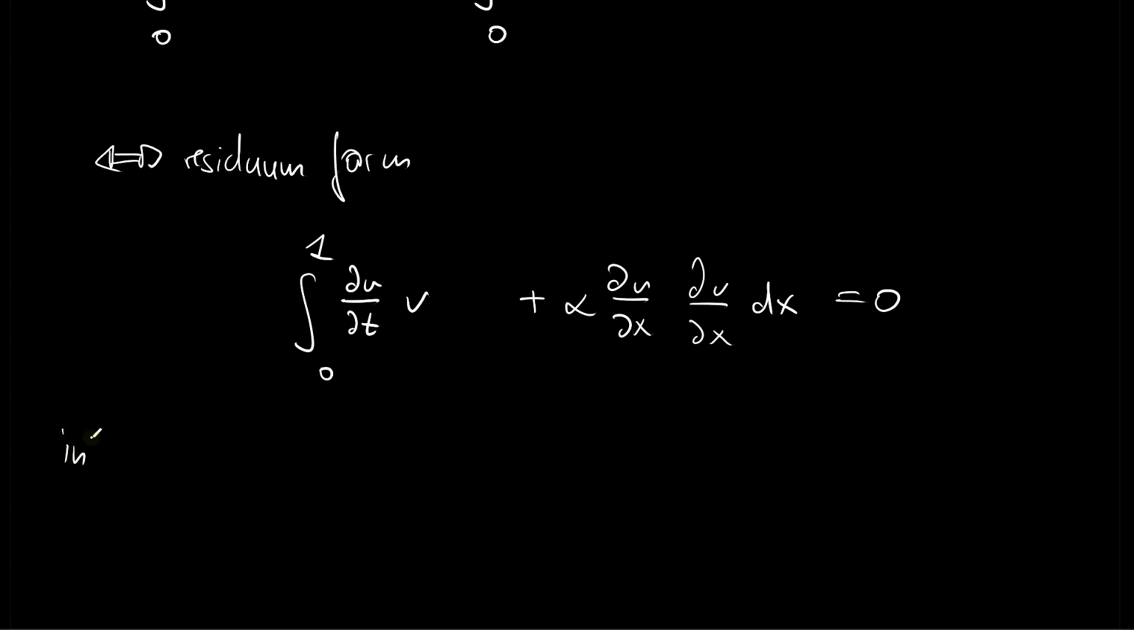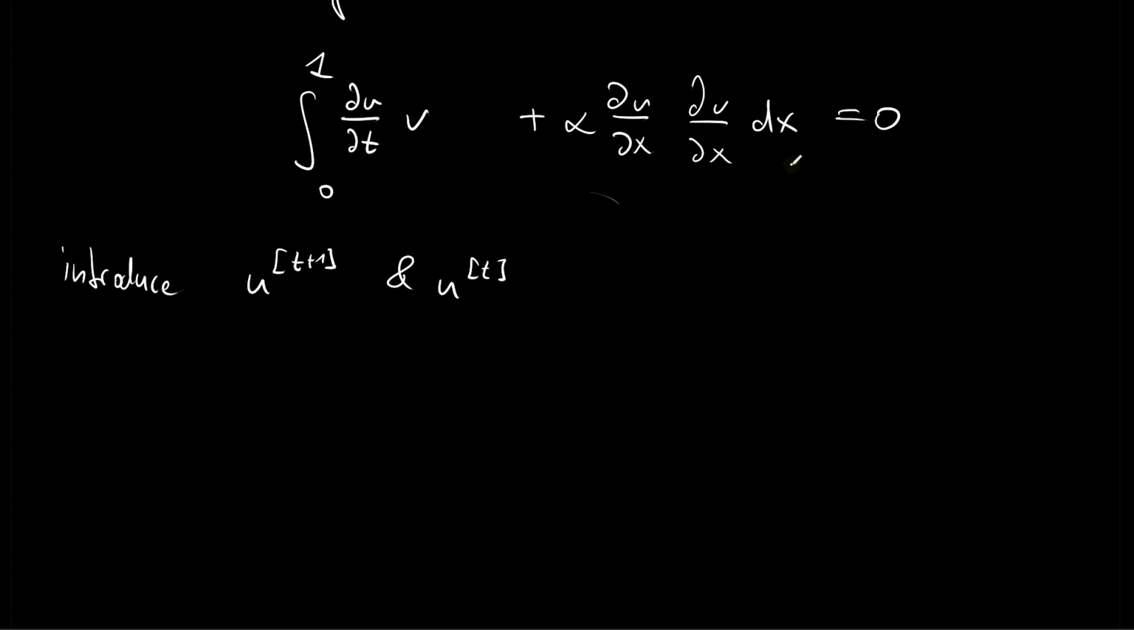So we will introduce a u at time t plus 1, so at the next time step, and u at time t. So this is a value that we know from a previous iteration in our time-stepping procedure, and for the 0th iteration in that procedure, we know it from the initial condition, and then we have a t plus 1, which is the value in a subsequent iteration. So by doing so, we will discretize our Residuum form and get the integral from 0 to 1 of u at t plus 1